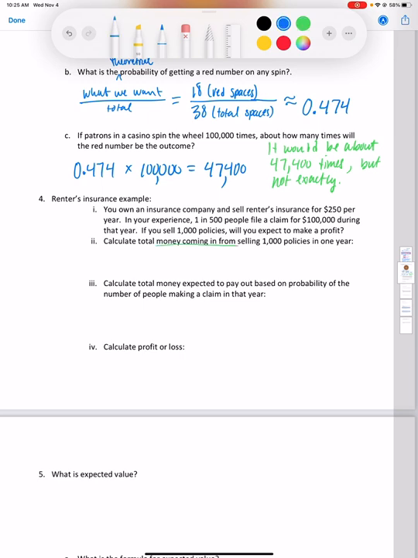Okay. So we sell 1,000 policies. They are sold for $250 each, and money coming in is $250,000. Now, calculate the total money you expect to pay out based on the probability that the number of people making the claim in that year. We are expecting to pay out